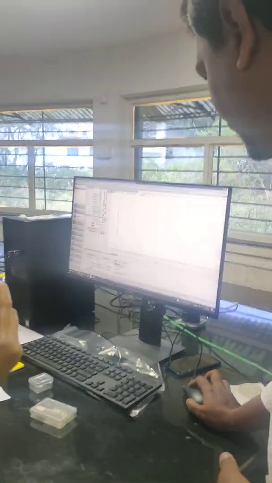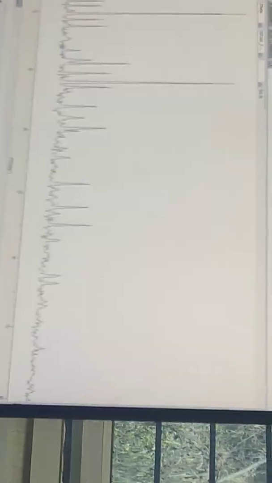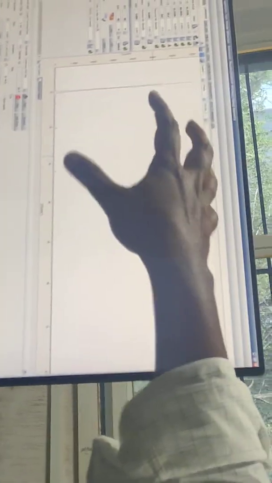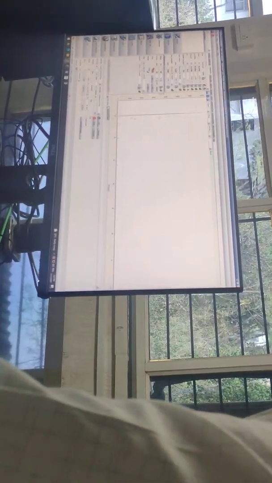So many things are there. Okay. Measurement is done. So can you see this XRD pattern here? What do you feel? Is it a good XRD pattern or is it a bad XRD pattern? I can't see anything. Sorry. So it may be a good XRD pattern or bad XRD pattern. I have no idea.